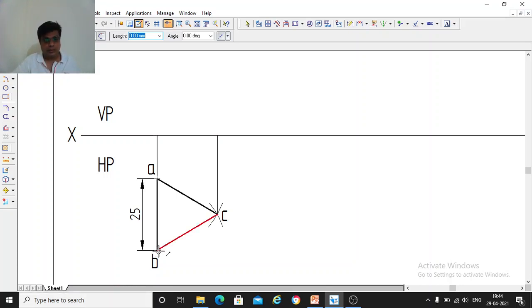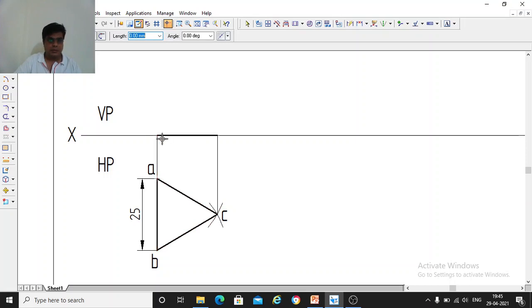So now this BC is projected here, and this is the front view. A B C is the front view. That front view you should draw with a thick and dark line. So this is A B, this is C. You can see this BC is projected, you are seeing from here, so it will be on the XY line. So this is the front view of this triangle lamina.